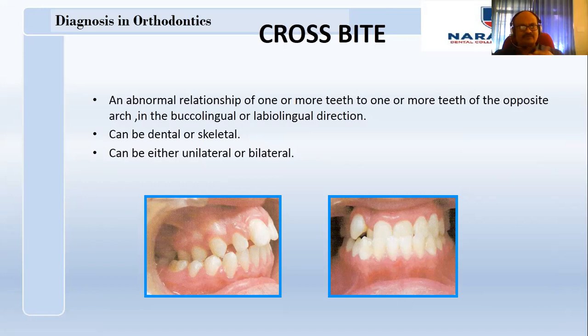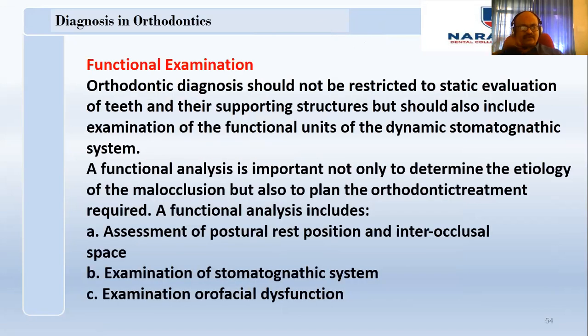We have seen how to measure the type of skeletal base and the profile of the patient. Then start explaining the dental intra-alveolar, intra-arch malocclusion like crowding and spacing, so and so teeth are so and so, and try to explain the malocclusion in all three planes. This gives a complete clinical diagnosis of the malocclusion of that patient. Of course, this has to be confirmed by your other diagnostic criteria. Usually we use cephalometrics.